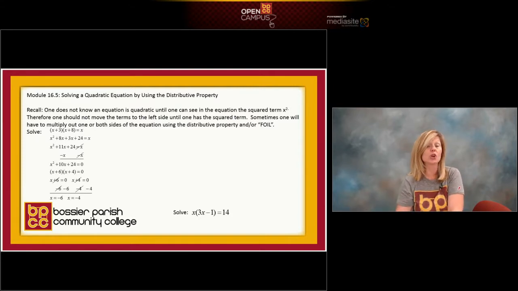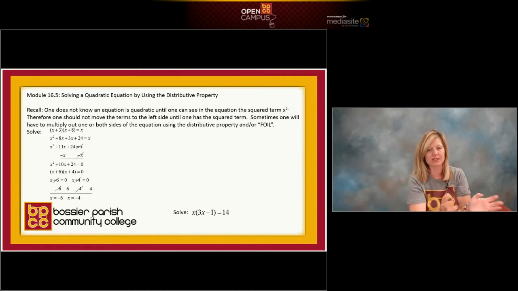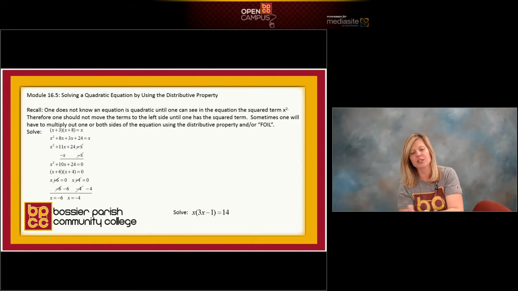We go to our last term, 24. We physically on paper write out all the factors of 24. That's 1 and 24, 2 and 12, 3 and 8, 4 and 6. Which of those factors add to make the 10x in the middle? That's easy. It'd be 6 and 4 or 4 and 6. I want to add, so I know the signs have to be the same. I want to add to a positive 10x. They both have to be positive. So that's why in my parentheses I have x plus 6. In my other parentheses I have x plus 4.